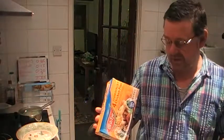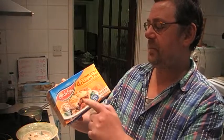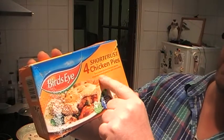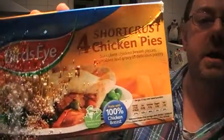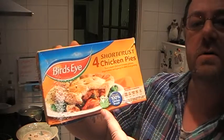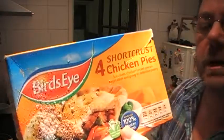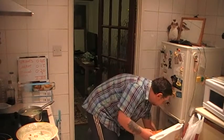Right. Hello everybody. Today I'm going to be having for dinner 2 short crust chicken pies. They're succulent chicken breast pieces, vegetables and gravy in delicious pastry. Now I'm going to have 2 of these from a pack of 4. I don't know how much these cost. It's been a while, they've been in the freezer for a while, but they can't be more than a couple of quid. Okay, so I'm going to be having 2 of those,